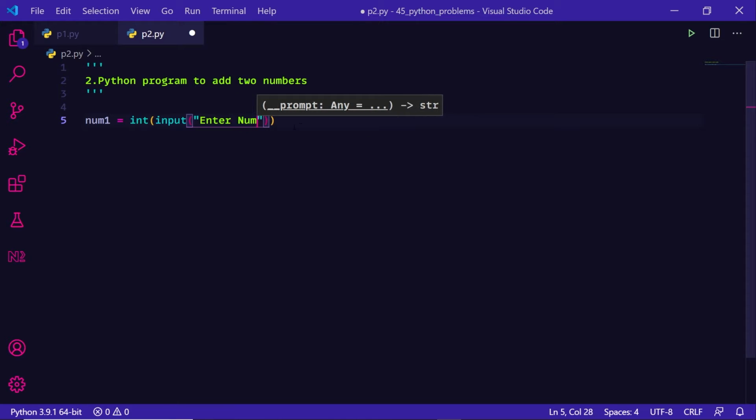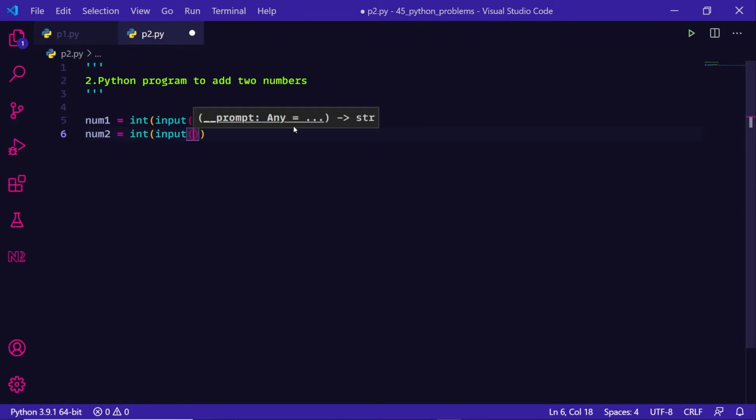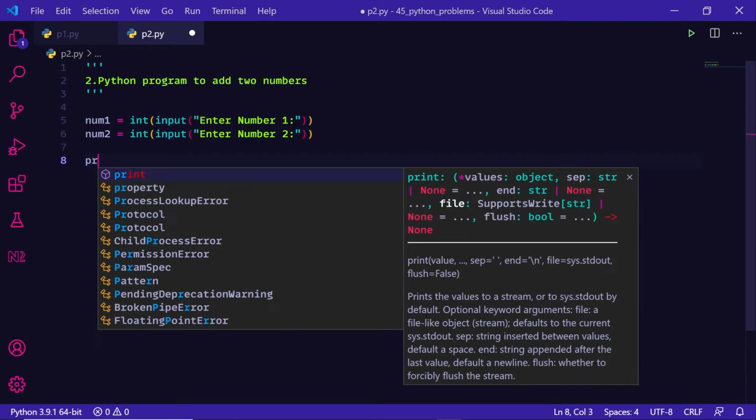enter number 1. Then I'm going to have a num2, int input, enter number 2. Then I'm going to print out